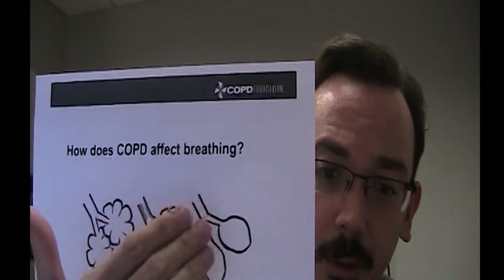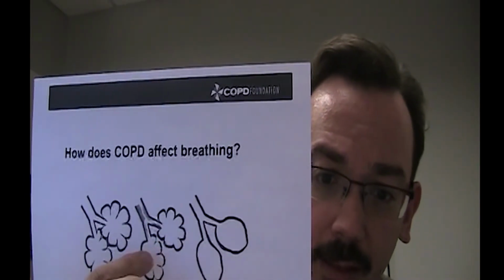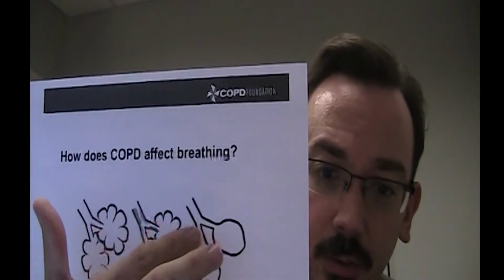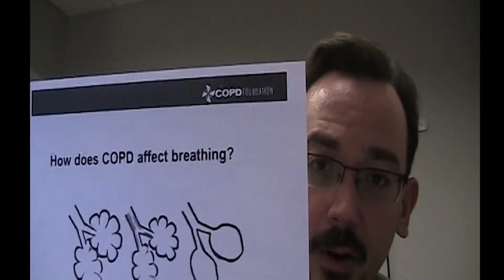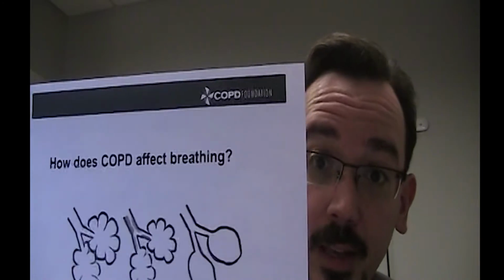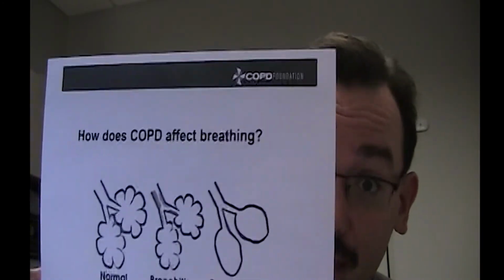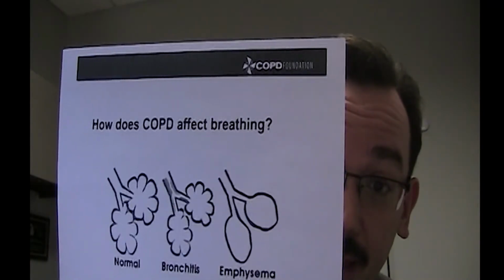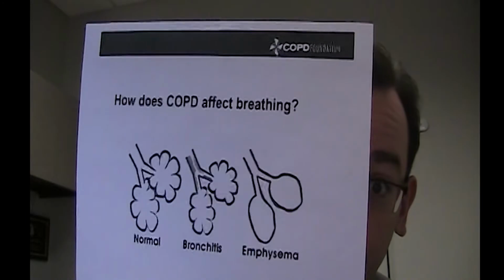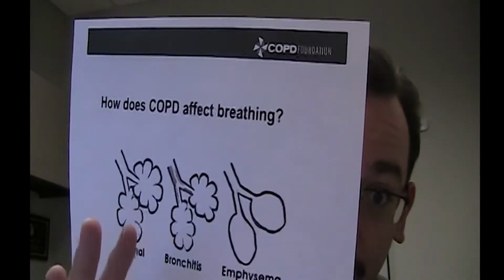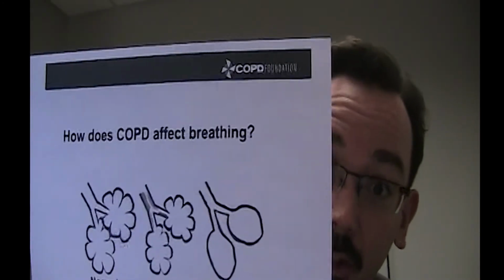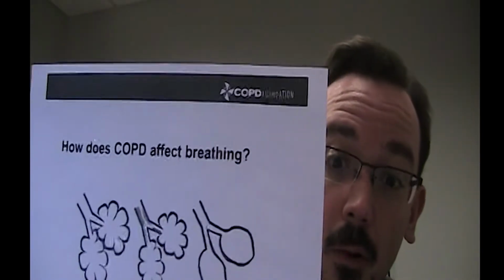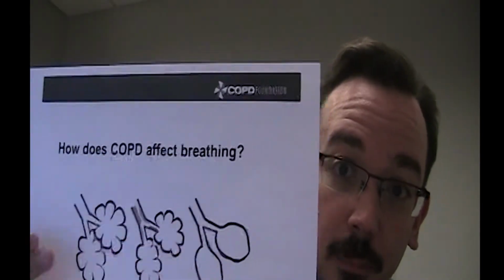And then you have emphysema, where instead of looking like little bunches of grapes, these kind of turn into bigger balloons, and that can cause several different issues, especially in that your lungs are designed to be stretchy, like an old school latex balloon. And if you can think about that, if you blow up a balloon, it kind of stretches out, and then as soon as you stop blowing, it wants to recoil and push all the bad air back out. Your lungs want to do that same thing. But when they lose the stretchiness, then it's more like trying to blow air into a hefty bag, where you don't have that recoil and it's a lot harder to get that air out.